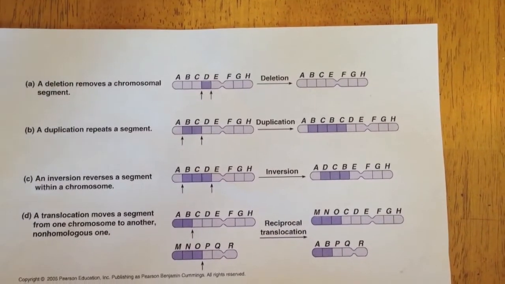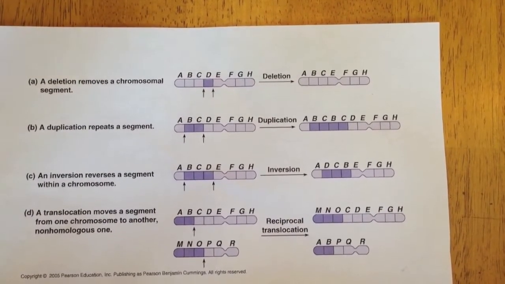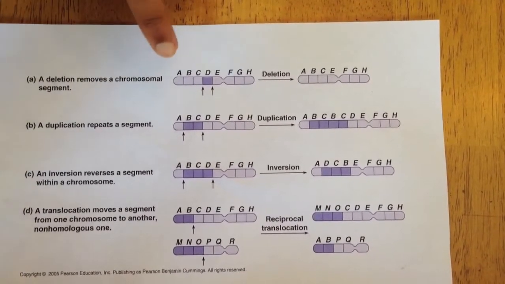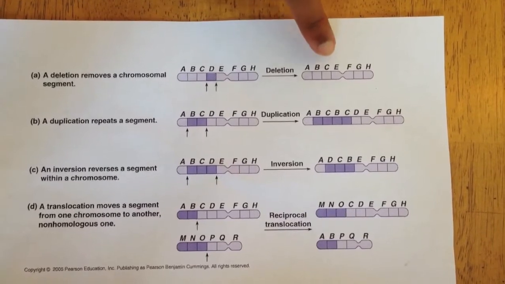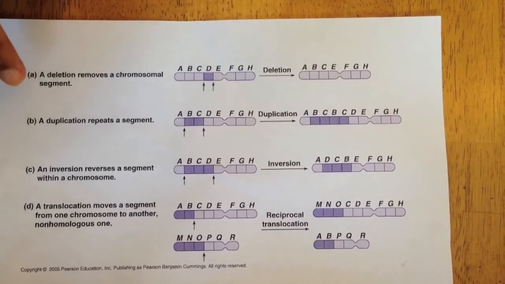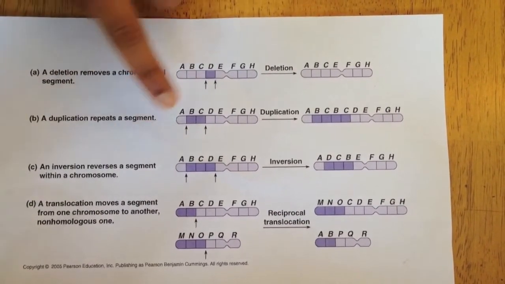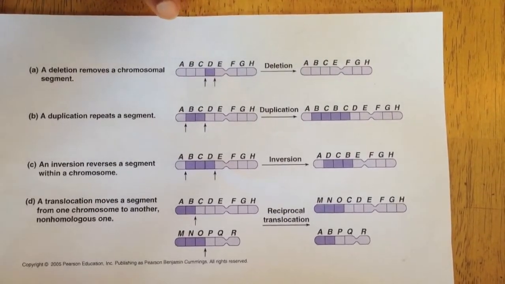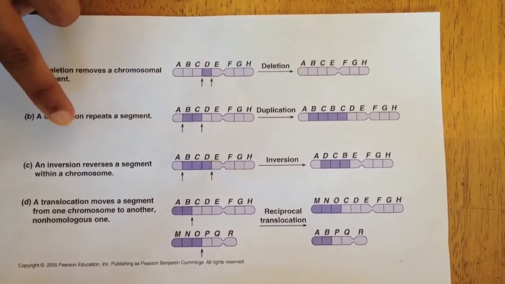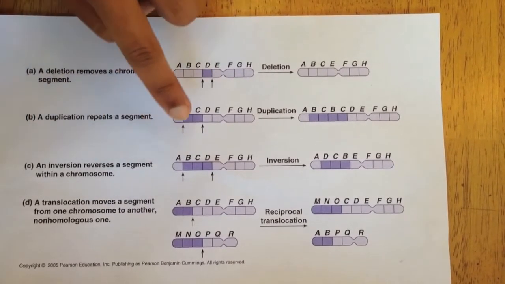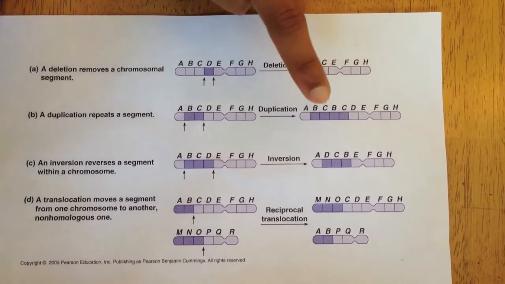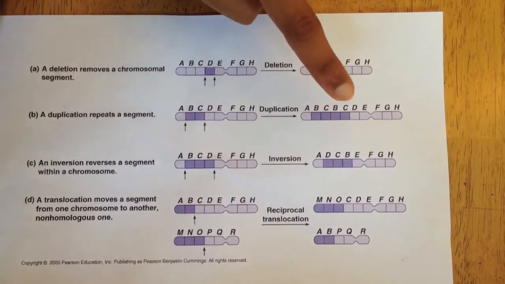Yo, I'm chapter 15 back at it again, explaining chromosomal alterations. So here we have deletion. See this part right here, the D? Over here, it's gone, deleted. Next we have duplication. Look at this, BC, you see that BC? BC, it's doubled. Now we have inversion. Okay, look, they have that BCD. Now over here, what happened to it? DCB, it's been reversed. That's inversion.